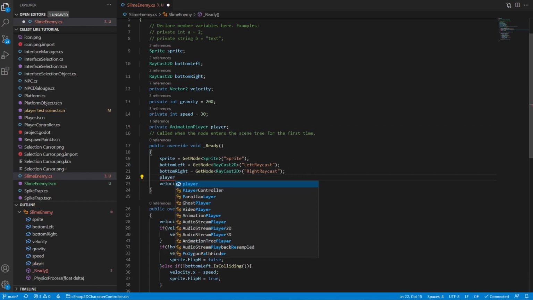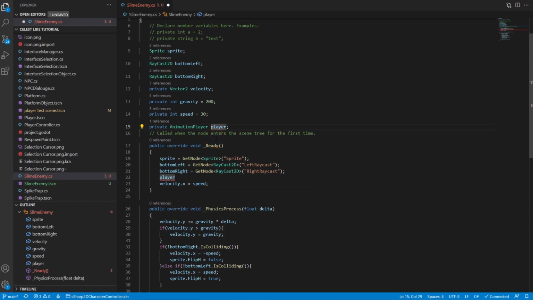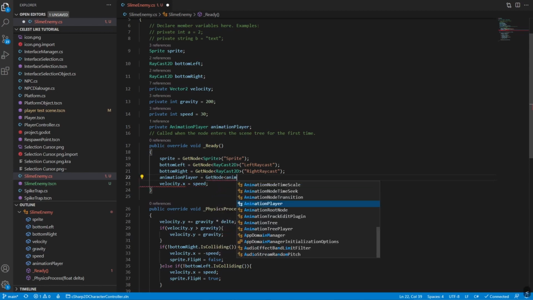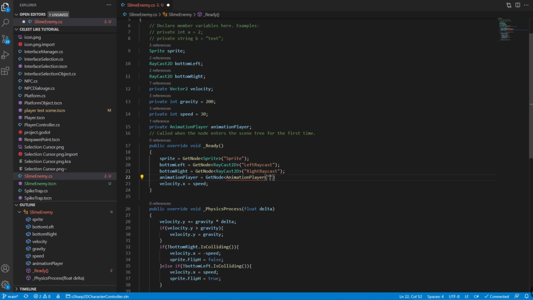And I don't think I would want to do player, let's go with animation player instead, actually, because if I do player, then if it needs reference to the player, it would be confusing. So we'll go get node animation player, and we will make it, whoops, this.